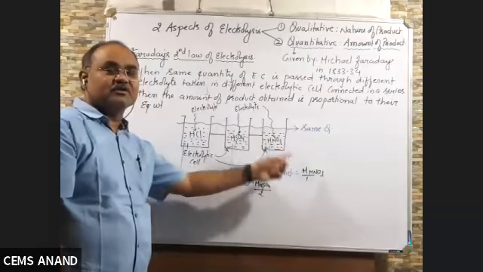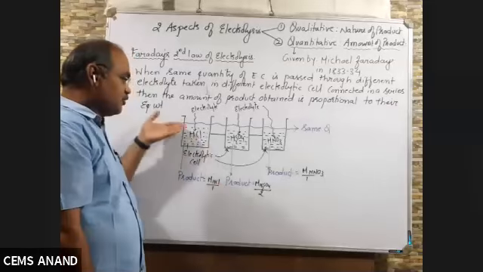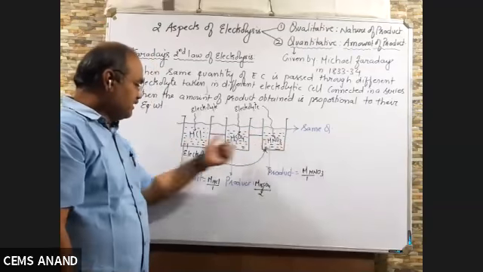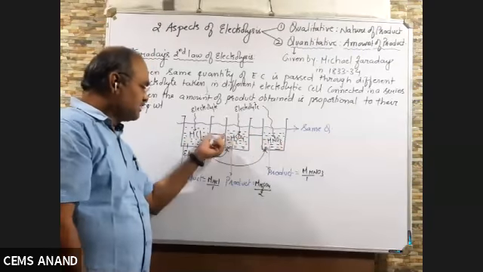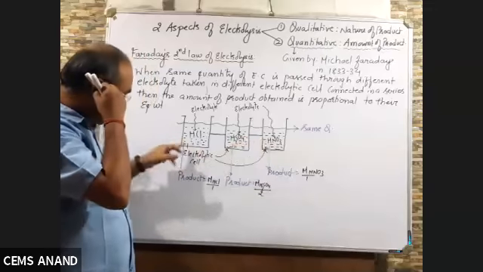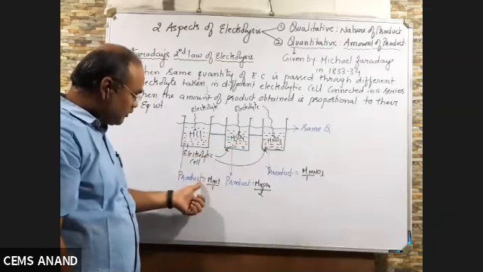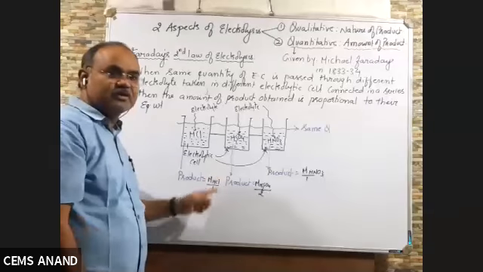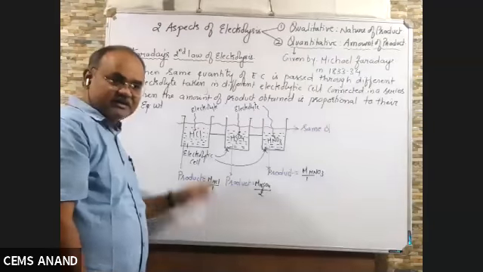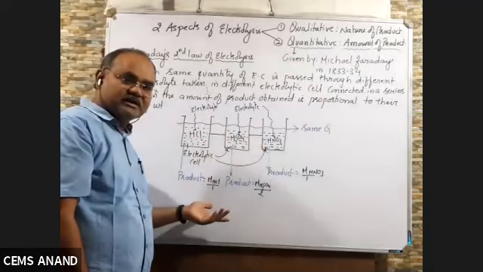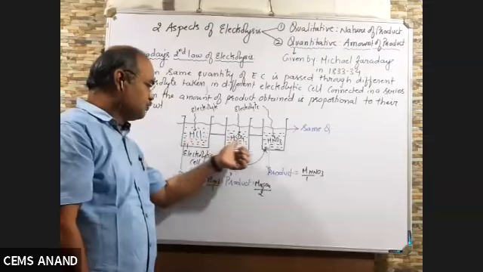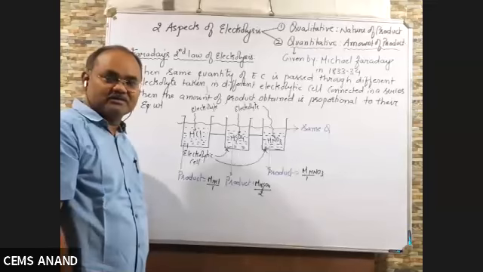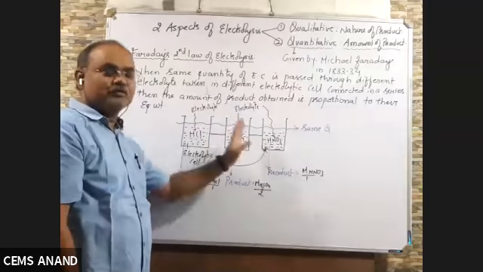So this is your second law of electrolysis. When same quantity of electric current is passed through different electrolyte taken in different electrolytic cell connected in a series, then the amount of product obtained at electrode is proportional to their equivalent weight. And equivalent weight is molecular weight by number of replaceable H if it is acid. Here you can say n factors. Here the n factor is 1, 2 and here 1. So this is your Faraday's second law of electrolysis. Based on this, we will do one numerical also.